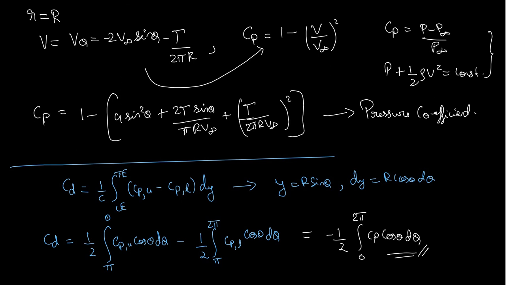So if I substitute this Cp into this equation, I'm not going to do the maths here because it's very long, so we can just go directly to the results. We'll get something very paradoxical. We'll get CD equals 0. That is what the analytic expression says, but in reality it is not the case. We can see it very intuitively, because a cylinder is just a foreign object that we are introducing in a flow, and it must create some drag.